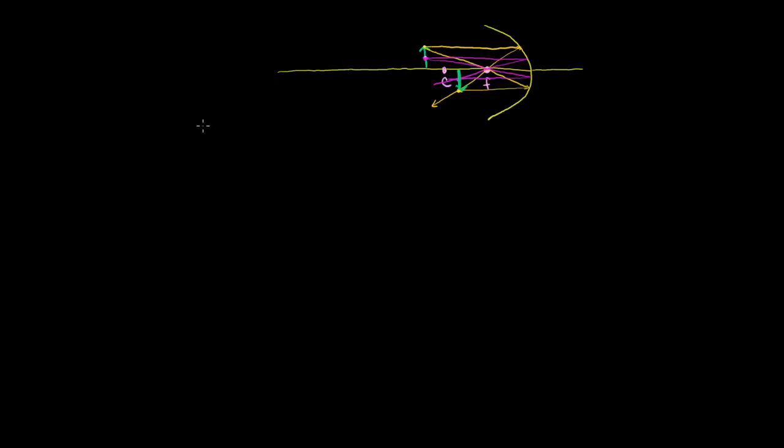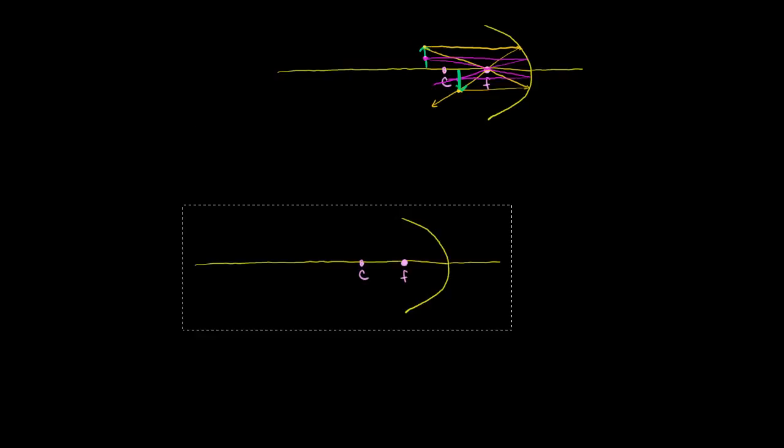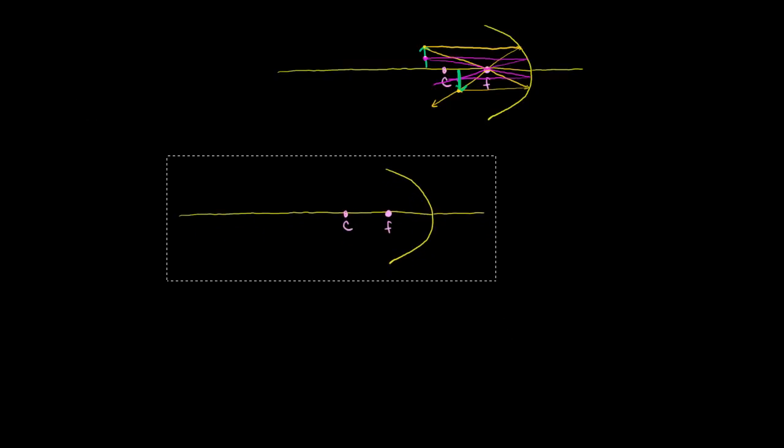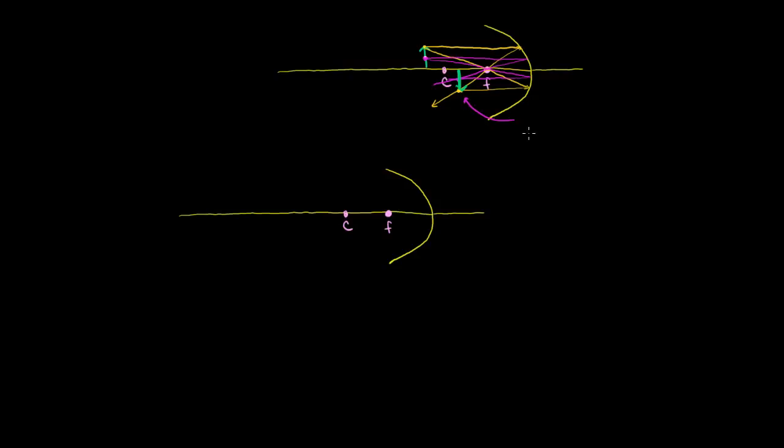Now let's do a couple more examples. So let me just paste my drawing so I don't have to redraw it. Let's see what happens. Let me write it here, just so we can keep track of things. Here the image is real and smaller than the actual object, when the actual object is beyond the center of